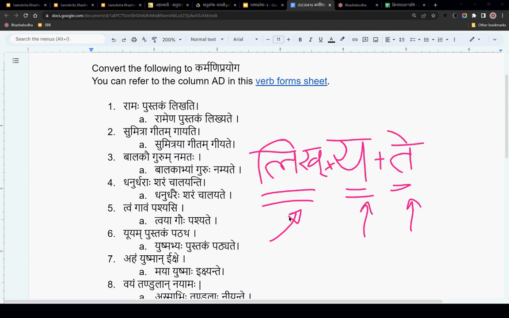In the dhatupatha, if you look at gam dhatu, what is the very original raw form? It is gamlu. So gamlu is not going to remain as gamlu. The dhatupatha might show it like this, gamlu, that's anunasika.